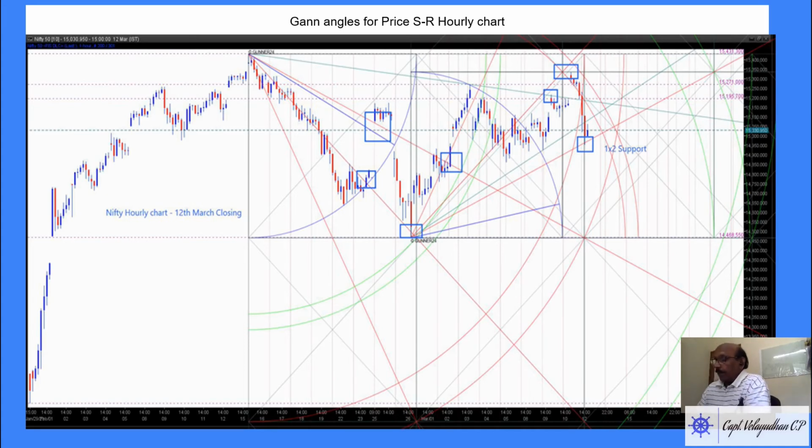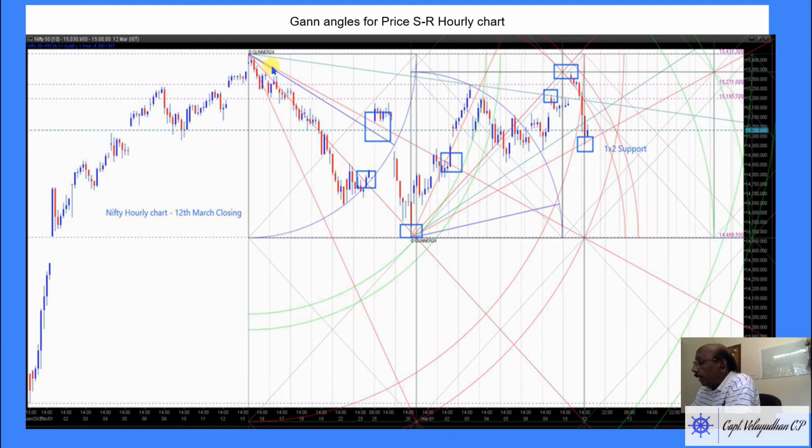Well, we will go with the Nifty chart, the actual chart. That will be easier for me to explain and for you to understand also. So that will guide us on where we stand also. All the Nifty charts are up to date, till the 12th evening closing. Starting with the hourly chart,